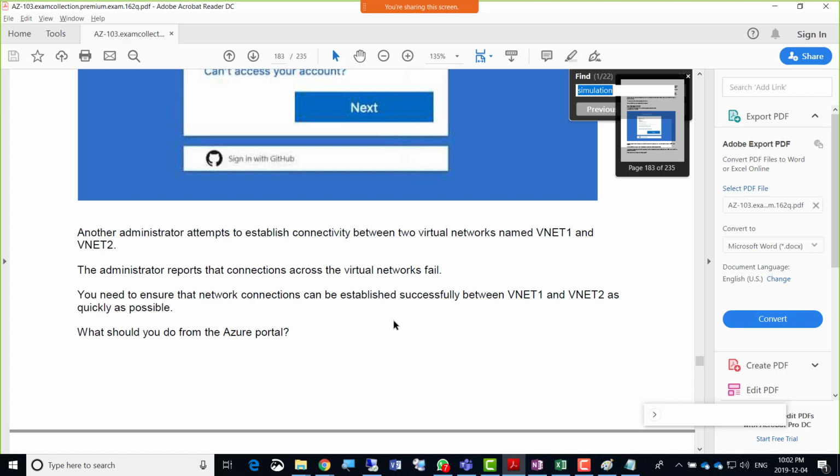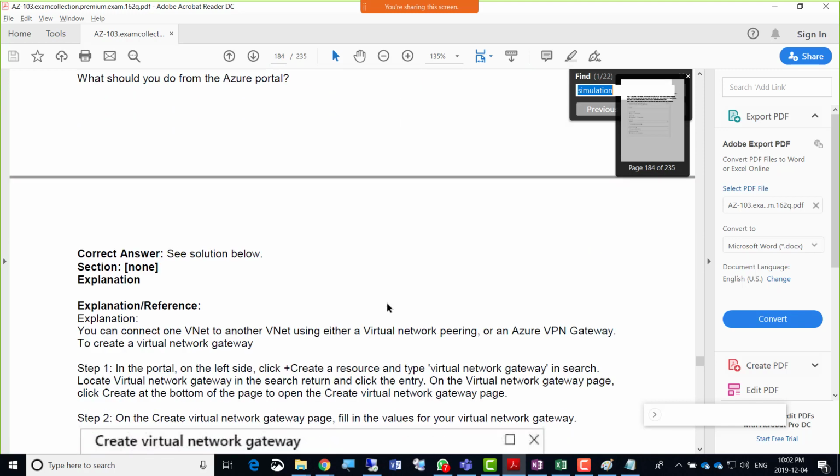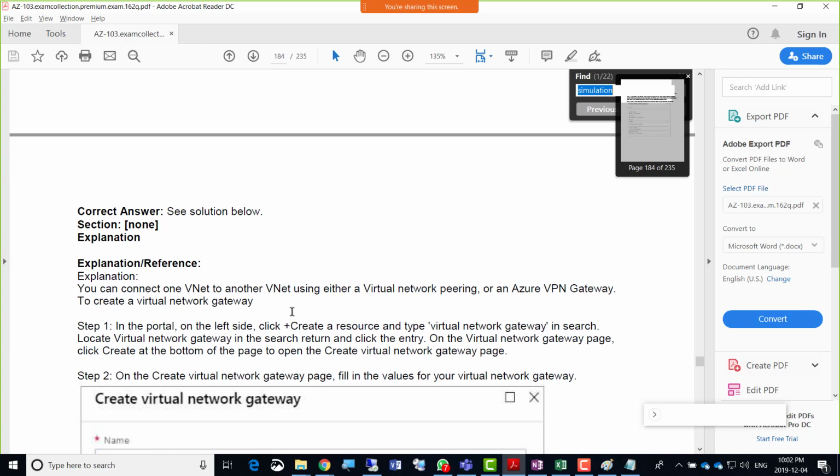So the VNets will already be there, as Ali is saying. What you can do is connect one VNet to another VNet using virtual network peering or an Azure VPN gateway, to create it as soon as possible, they're saying. So it's peering. Ali, did you do peering there? Because it's again a peering question.